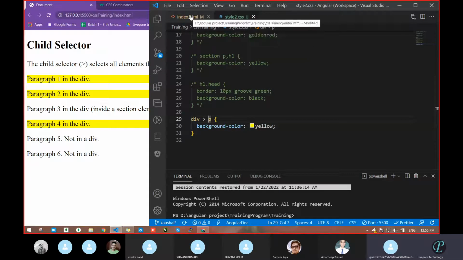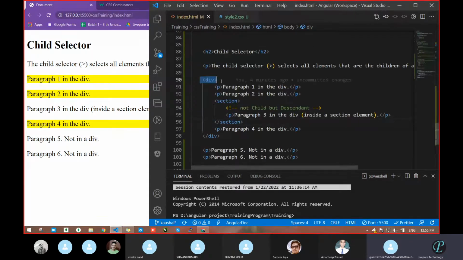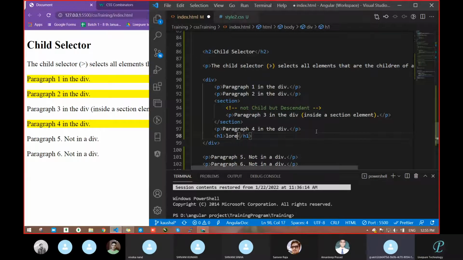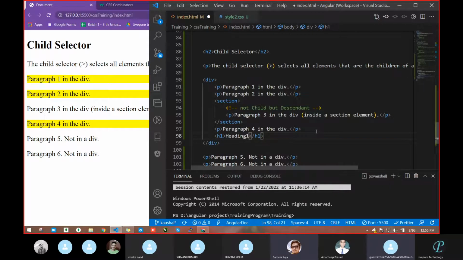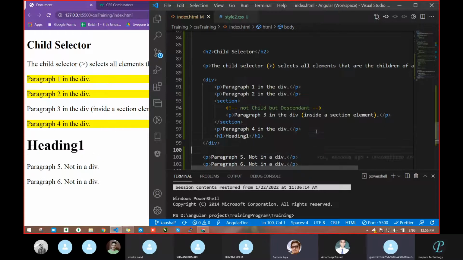So see, which one will be the parent? The parent will be div, and after that, whatever the child is will be affected. So P is there. Suppose an H tag is there, how will you apply it? H1 is there. Sir, how will the child selector identify that P1 is a child tag and the section is not a child tag?